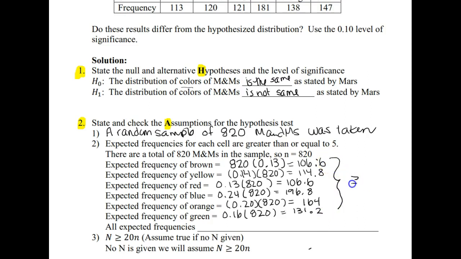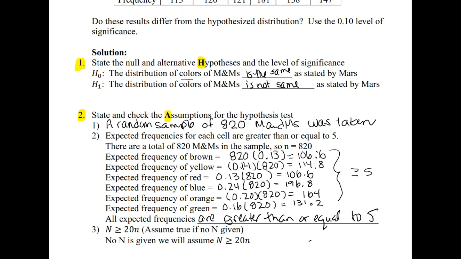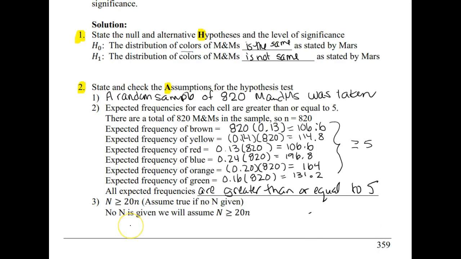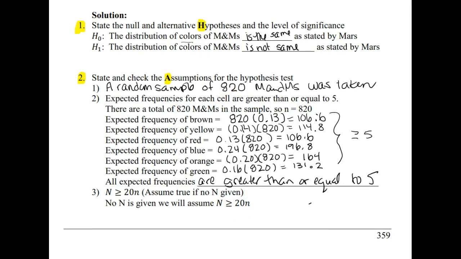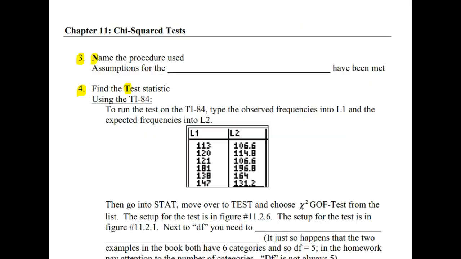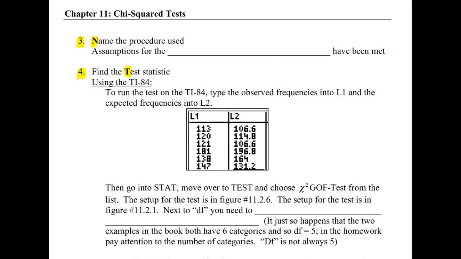So each and every one of those is greater than or equal to 5. So all expected frequencies here are greater than or equal to 5. Again, capital N is not given, but I'm pretty sure that Mars Incorporated has probably made way more than 20 times 820 M&Ms. So it's safe to assume that that assumption is met, which means that the assumptions for the chi-square goodness of fit test